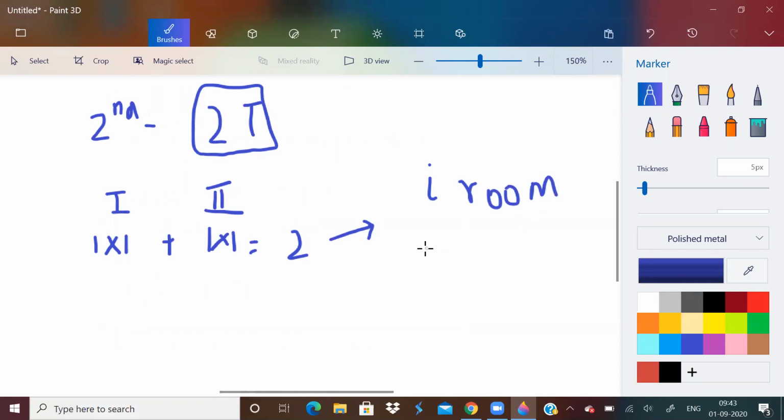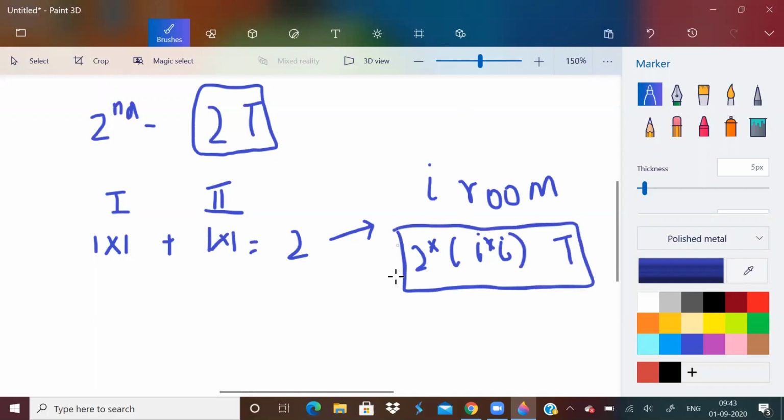If we have a box which contains 2 into i into i tiles, then we can fill the ith room of both the houses. So we need to find those boxes which have a number of tiles equal to 2 into i into i.